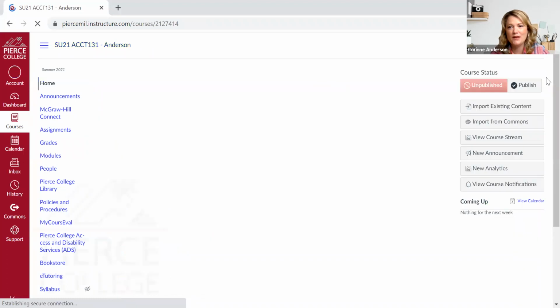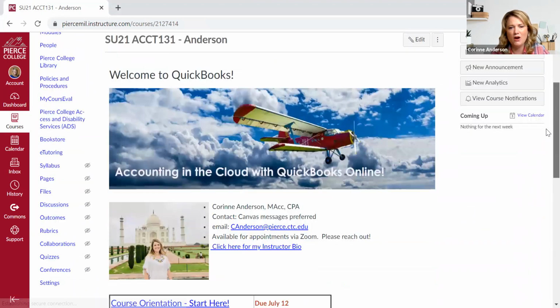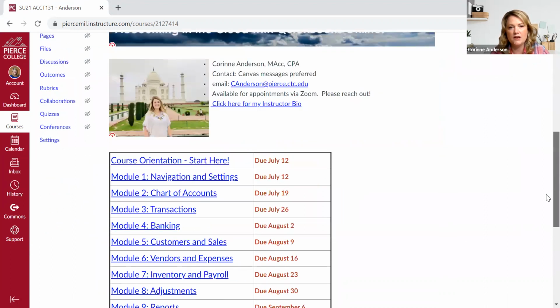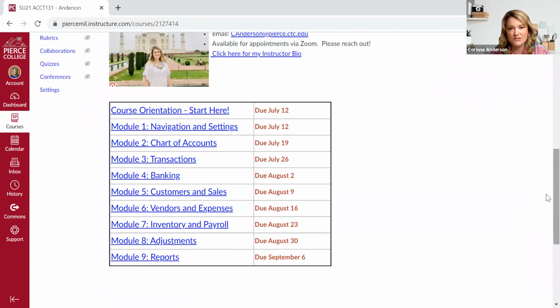And the first thing we're going to do is look at this class in Canvas, and we're going to navigate to the home page here. So at the top is my contact information. Canvas messages are my preferred way of communication. And then if you scroll down a little, you will see a summary of the modules that are in this